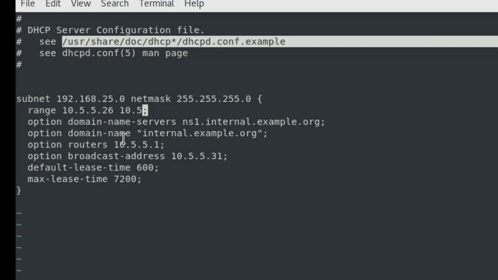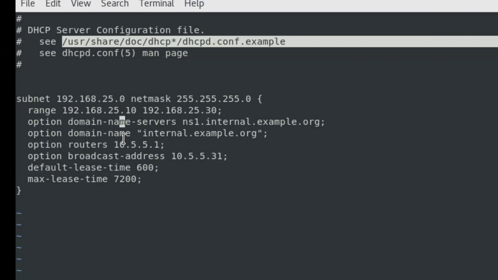In this scenario, for test purposes, I'm going to start with 10 and go till 30. It will go from 25.10 to 25.30. So the first PC that gets an IP will have 10, the second one will have 11, and it'll go on.